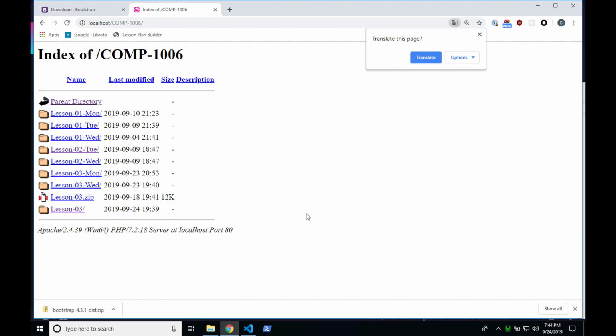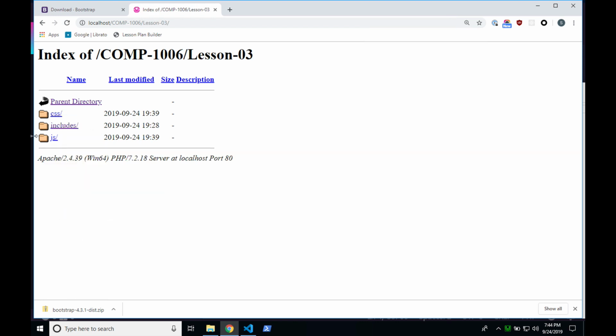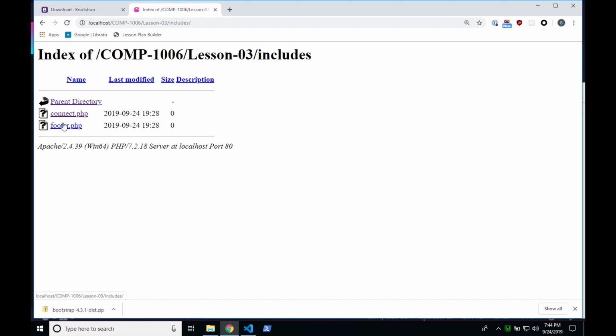I find this is the easiest way to navigate to where we need to go, rather than trying to type in the whole address. Because now all we need to do is click on lesson 3, and then we're in this directory right now. Let's test and make sure the header file works. So we'll click on includes,